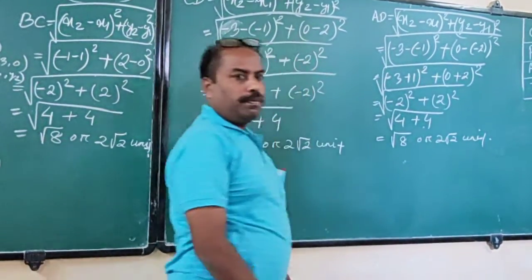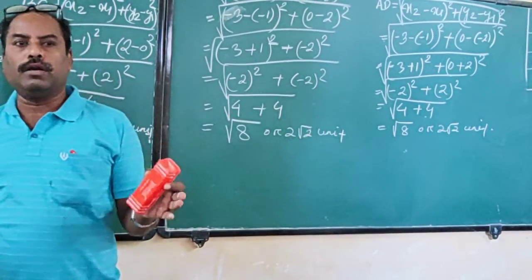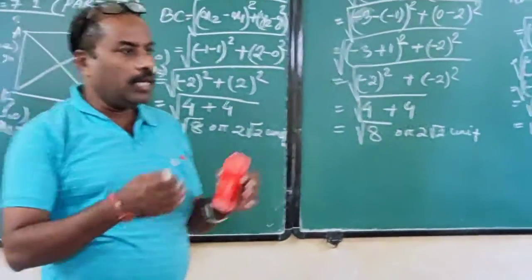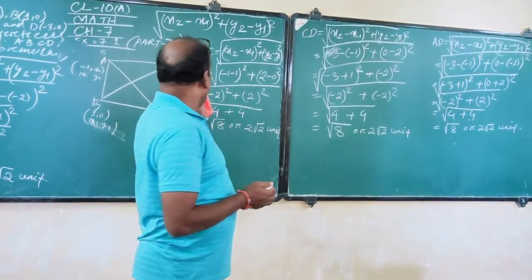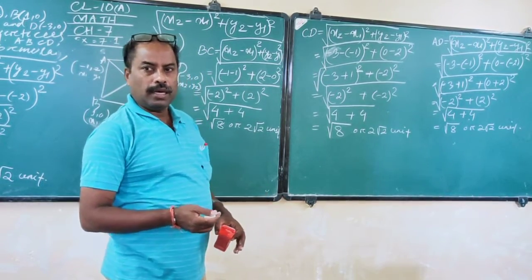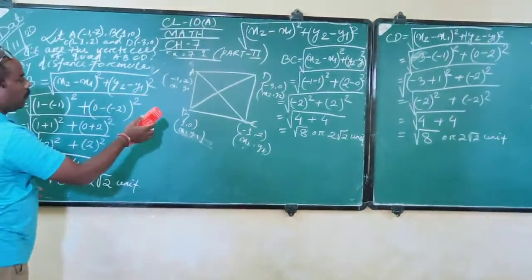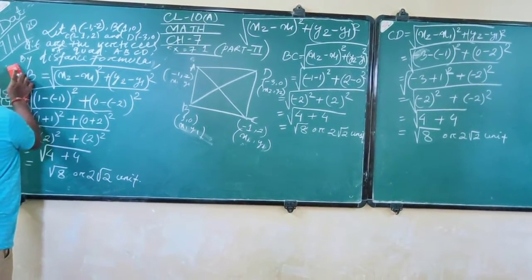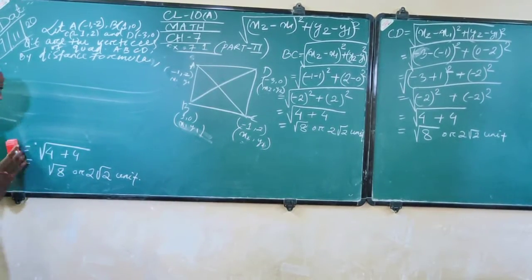Now we have got all four sides, but the sides are not enough. We have to find two more, that is the diagonals AC and BD. Similar, are you clear now? So we have to go on to find AC. Now I am just rubbing here. You just remember this is the root.